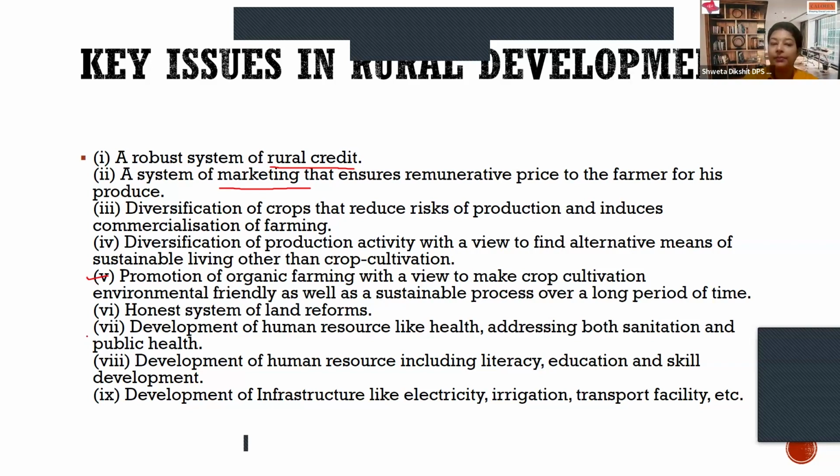Then the problems related to human resources. Human resources related problems are like the basic things which we expect for a better life, which is health, sanitation, clean drinking water, public health facilities, and many more things. Other than that, education, literacy rate, the skilled human, and many more things. Other than that, for me especially, this is the biggest challenge for rural India.